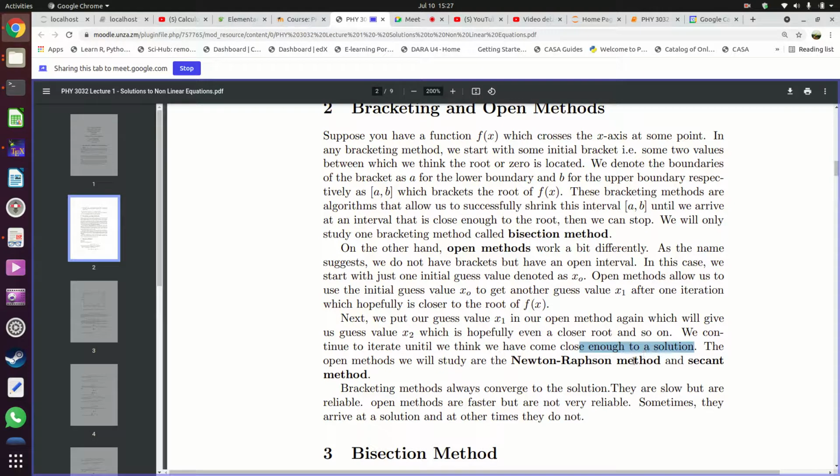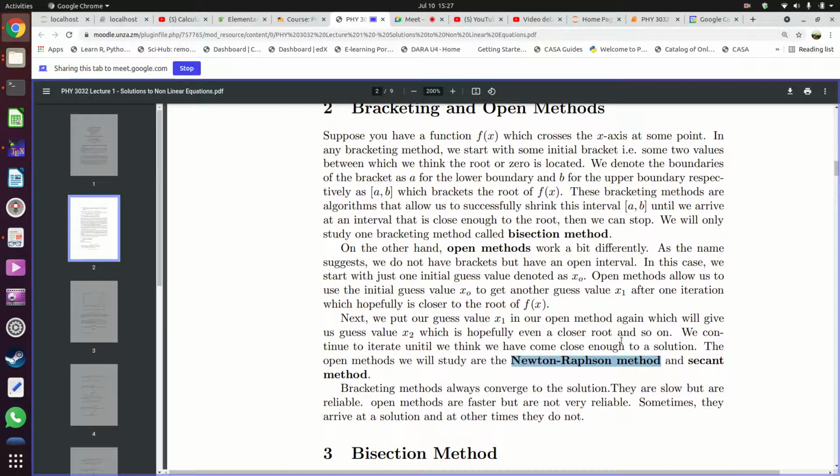So there are only two methods we're going to look at in this case. When it comes to open methods, there's something called the Newton-Raphson method, and there's something called the secant method. So we're going to look at two open methods, the Newton-Raphson method and the secant method. Okay? Now,